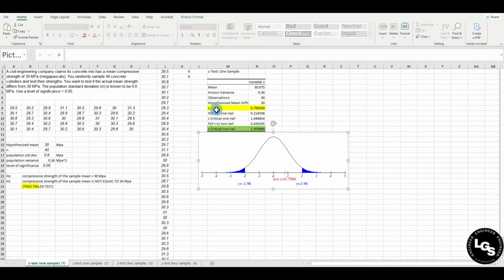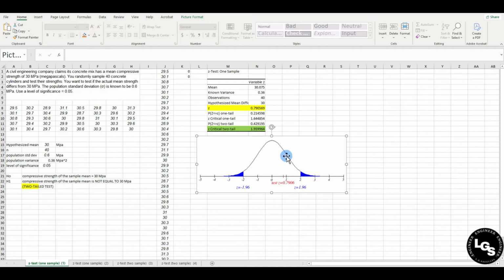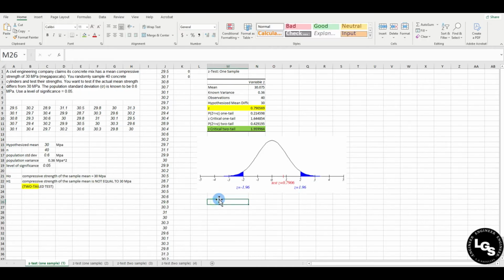For the z-value, it is 0.7906, so it is here, the red line. So we can observe that the z computed falls under the unshaded part. So using the critical region, we can decide that, based on the z critical and the z computed, we do not reject